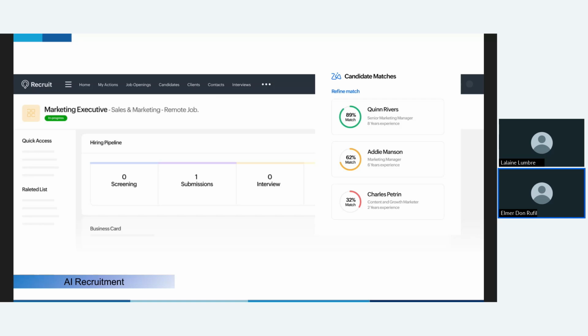So for example, if you're hiring for a sales executive role, Zia can instantly find people in your database who have experience in sales, negotiation, and client handling, even if the resume doesn't use the exact same words as your job post. Zia can also predict the best candidate based on past hiring patterns, helping you shortlist faster and